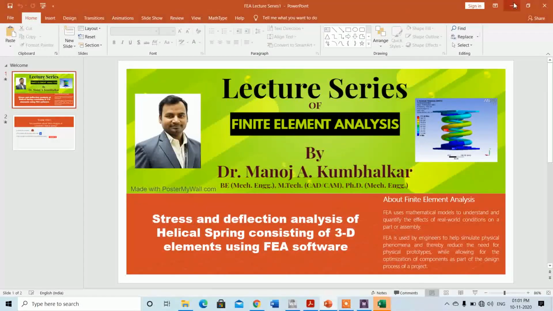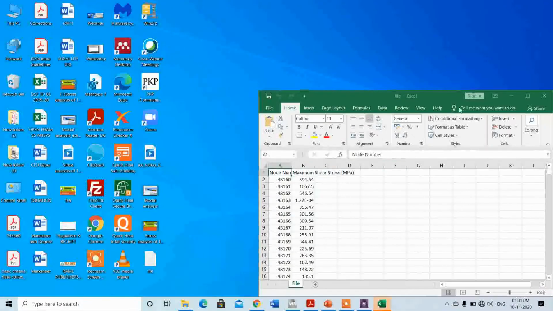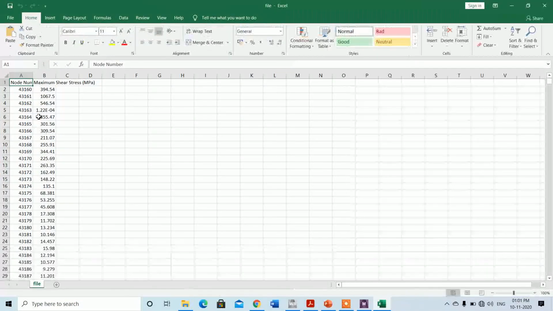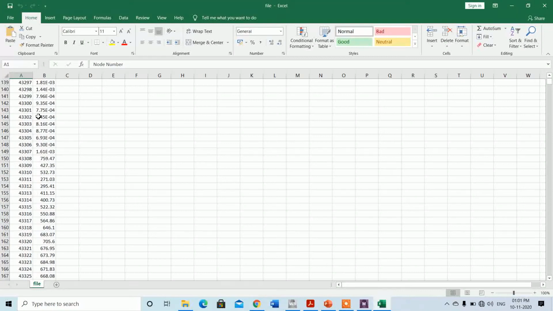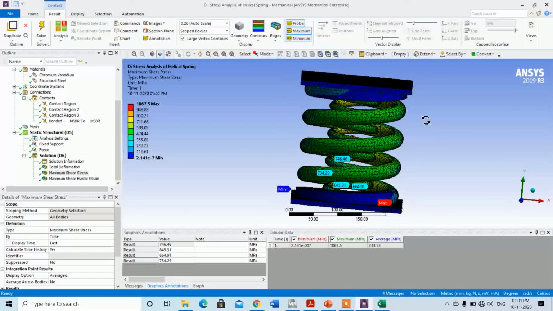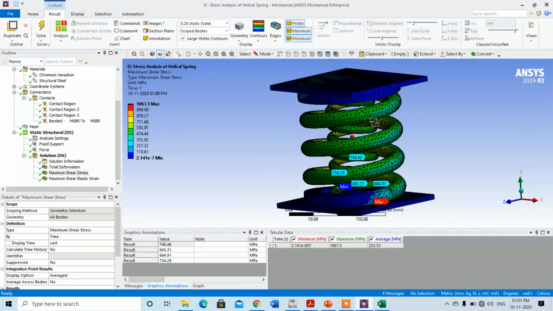Yes, this is the file. This is the nodal solution for all the nodes. You can plot the graph for that. So this is the analysis for the concentric helical spring. You can do further analysis over that spring also.